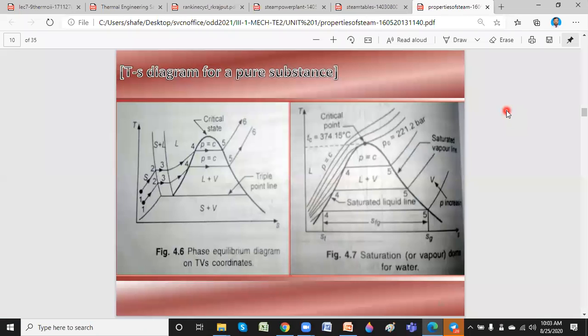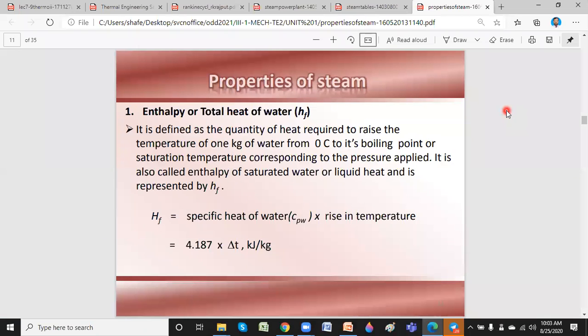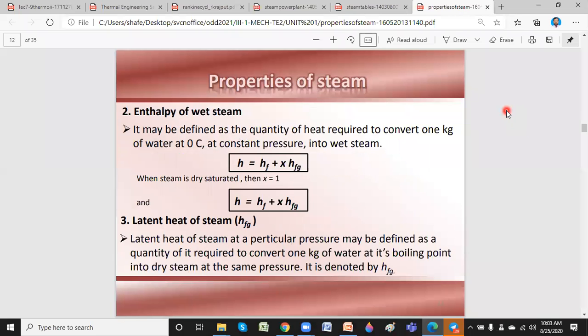Now just see here. The enthalpy of water I can determine from the steam tables. HFG, that also I can get from the steam tables. Now, as I said, in between is wet steam. What is wet steam? It is the steam in between the liquid and vapor region, inside the bell curve. In that case, I can determine the enthalpy by this formula.